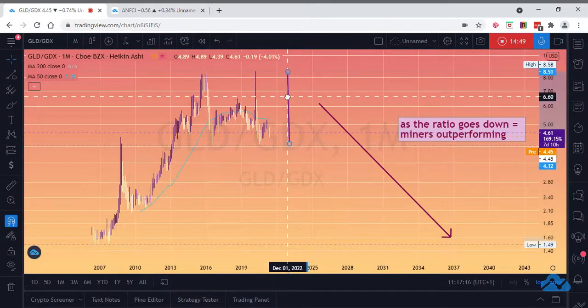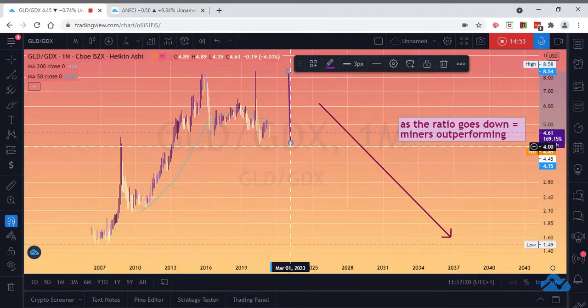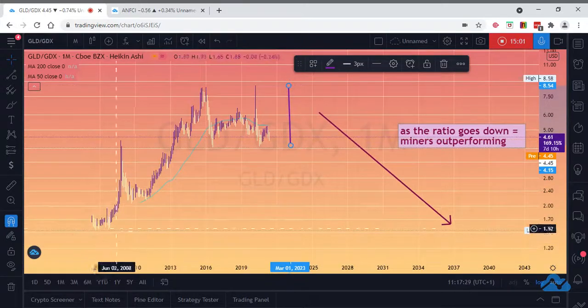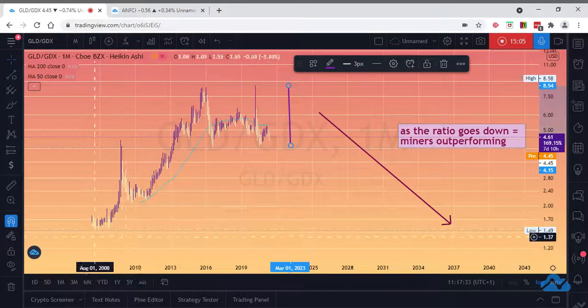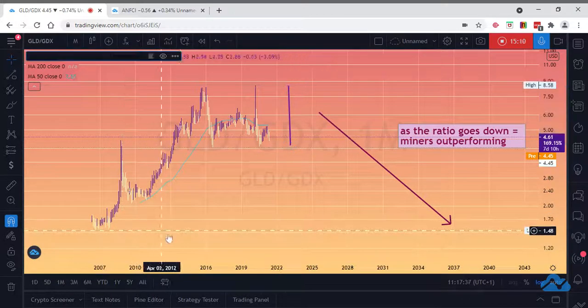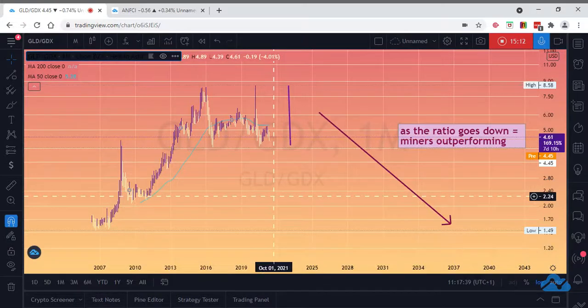Is this correct? 8.54, yeah. Taking out this bottom of 4. It's got enough on this pattern, enough oomph to break this. And this gold bull market in miners kind of got curtailed because of what was going on in the broader economy. The broader economy now is super supportive of